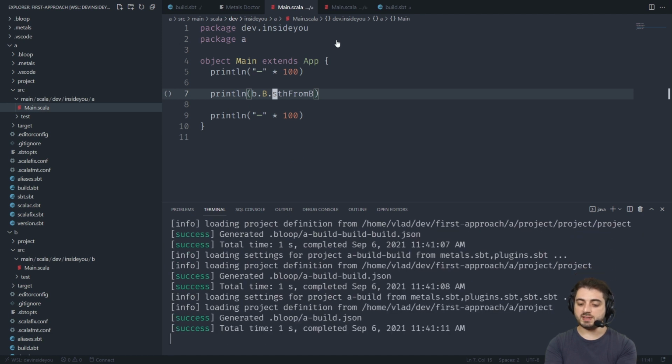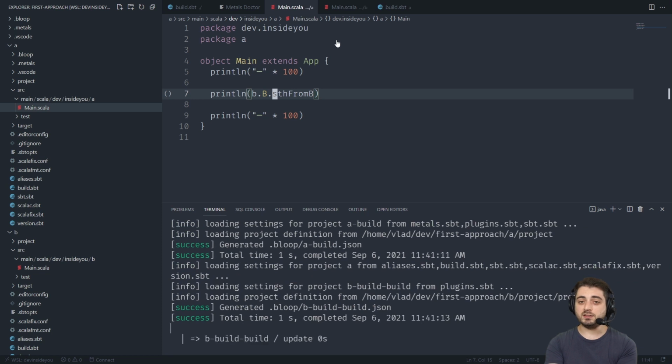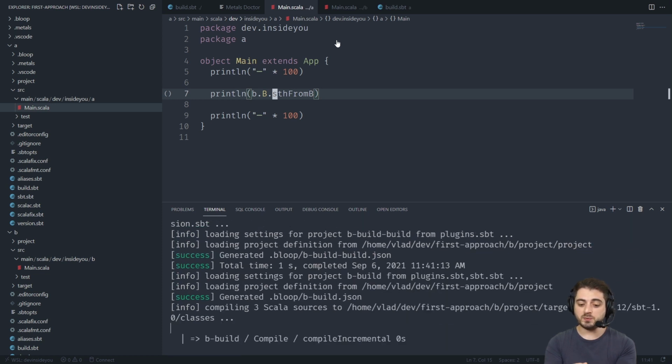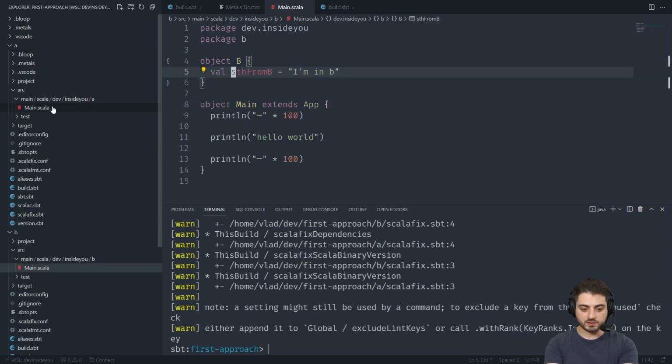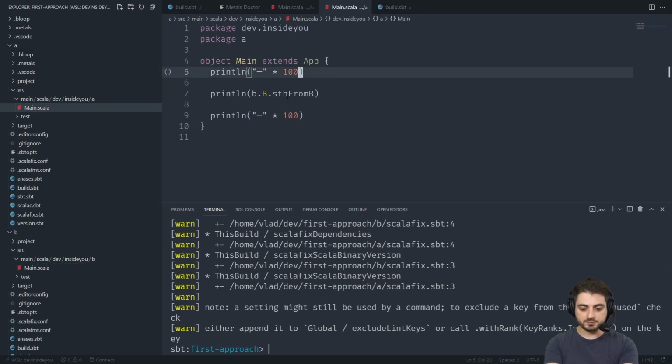By the way, notice how long it takes to just launch the SBT session, because technically it launches 3 SBT sessions, right? The current one, the one for A, and the one for B. And they have even .scala files, so now it actually has to compile the build files and so on. We don't have the lances, but this could be a VS Code issue. Yeah, not sure.